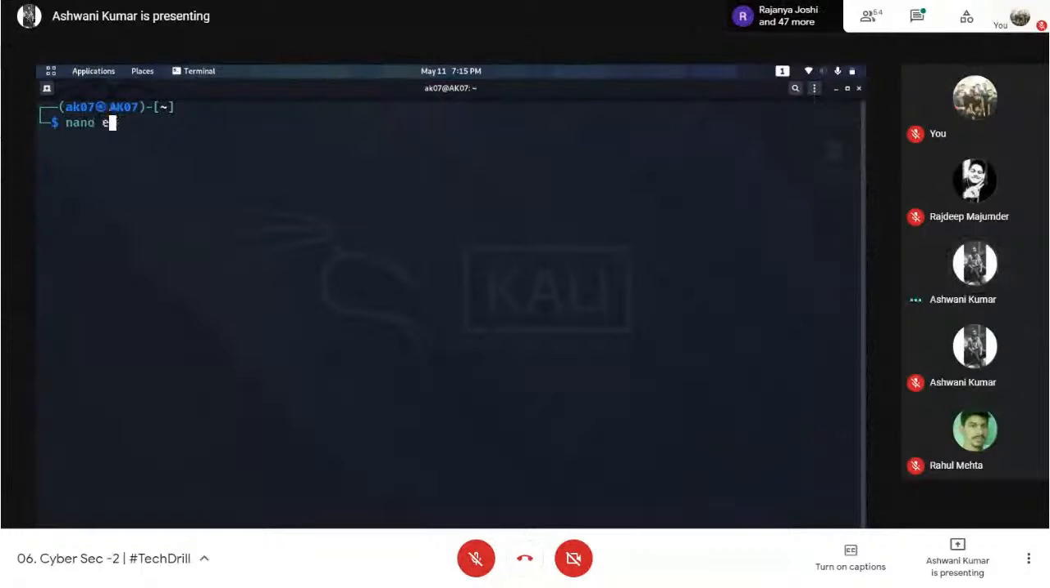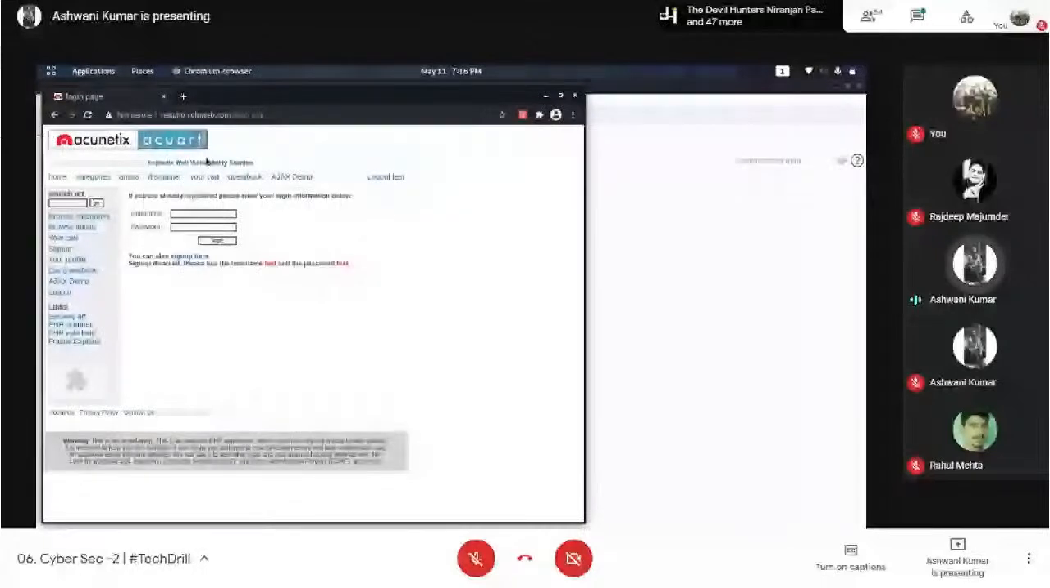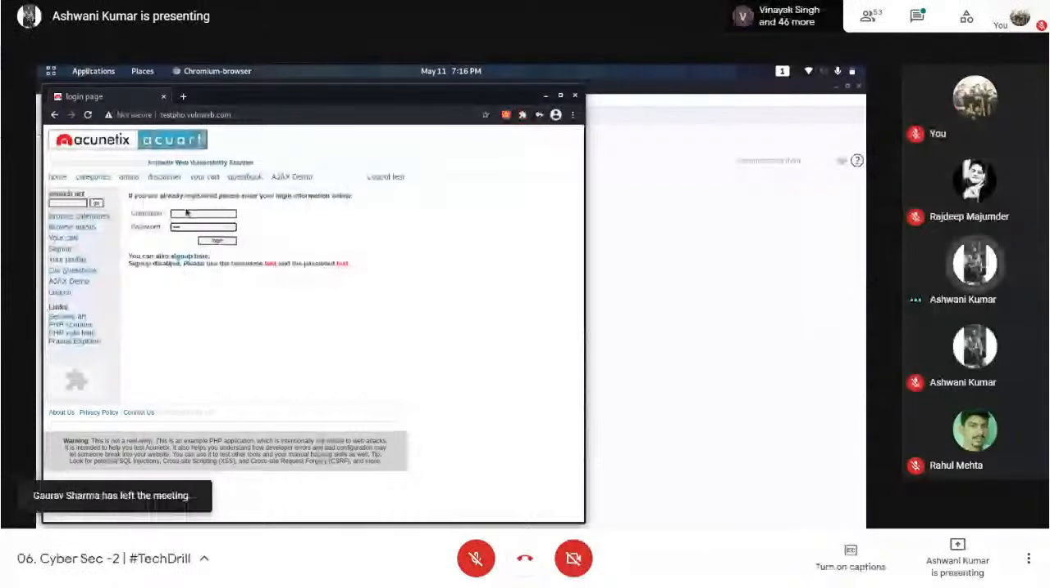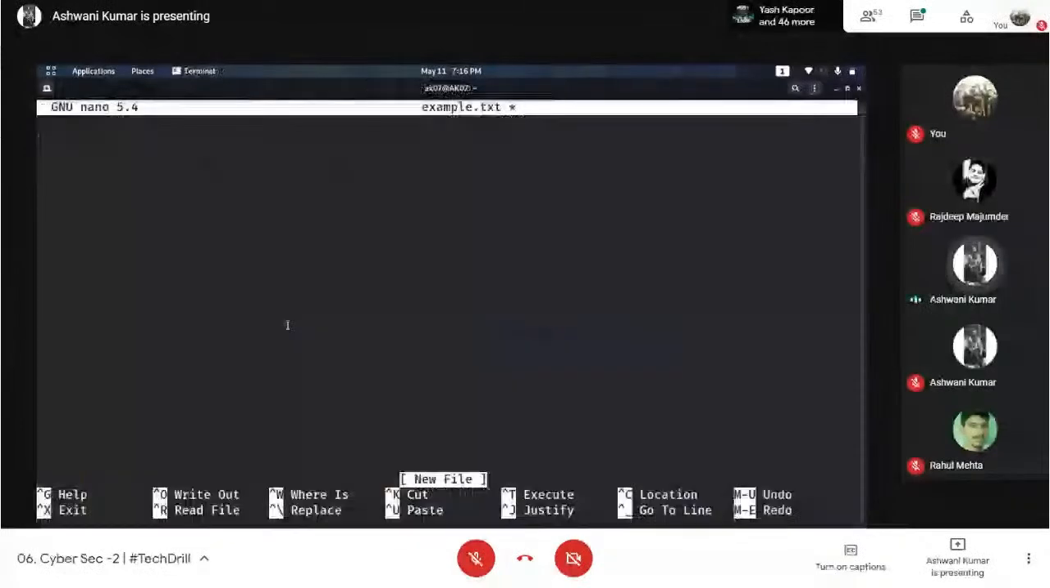So what is SQL? Suppose in this website I'm searching for the user field and the password field. If I enter test here, what is the actual query that is going behind to the server? The actual query is select